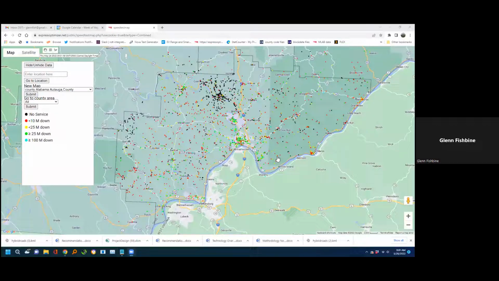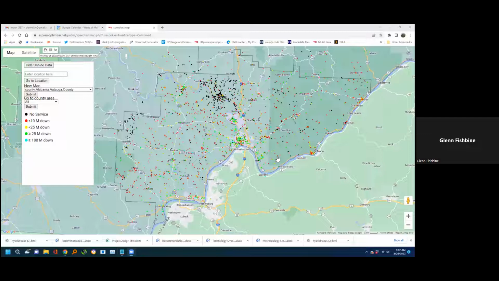The first pot of money is the money that is allocated for subsidies for low-income individuals. The second pot of money is the middle mile infrastructure. And the third pot of money is the connectivity to individual households. I'm going to show you how we go about addressing each of those